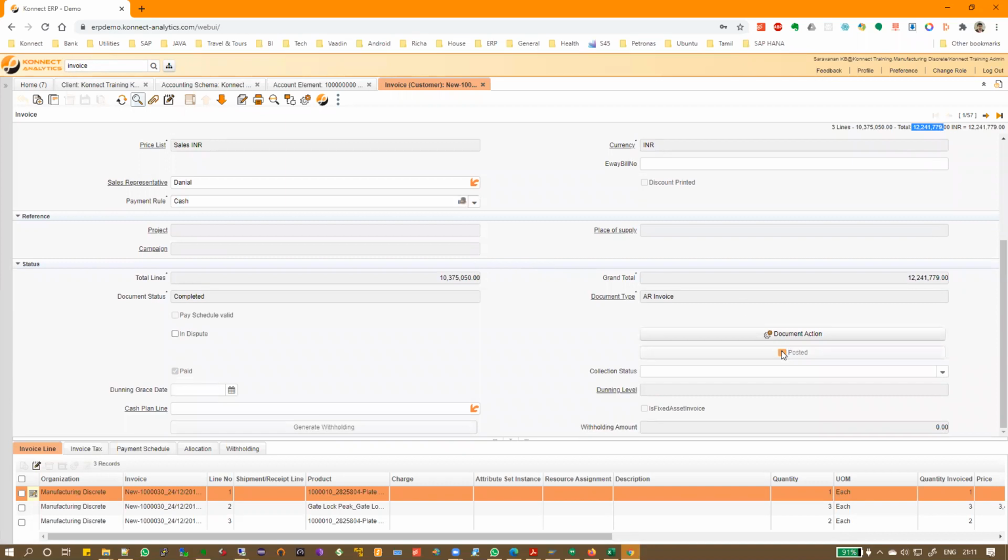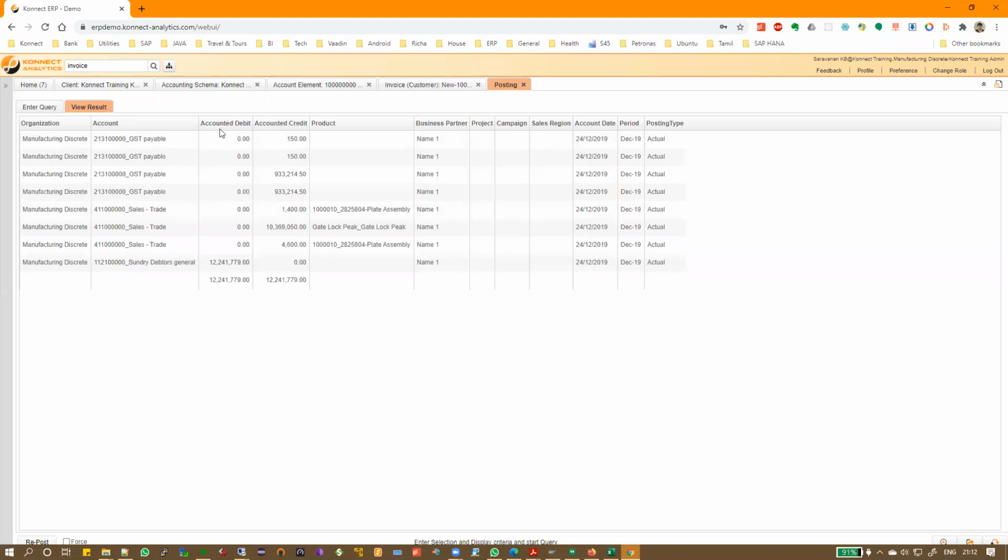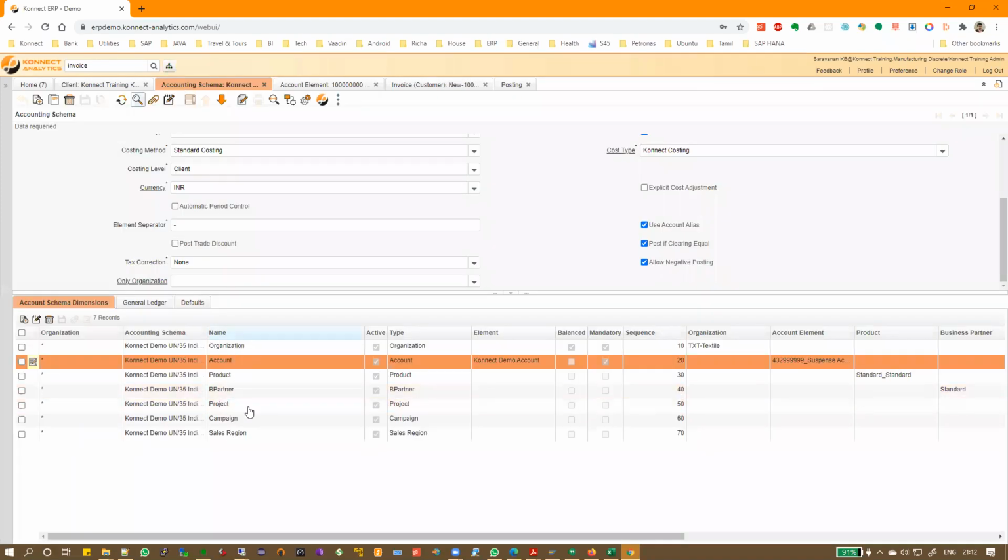We come to document action and click on Posted. Can you see a whole lot of accounts here? These are all ledgers. This is an account debit and a credit. If you look at the columns, organization, account, product, business partner, project, campaign, sales region, these are all coming from the accounting schema dimensions.